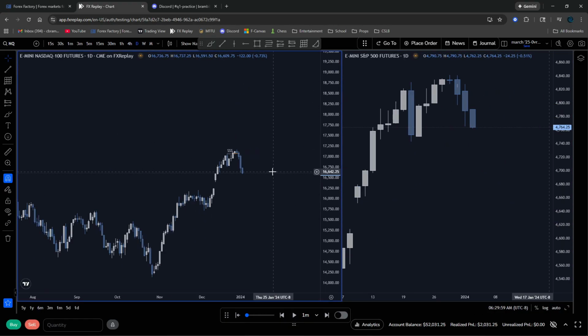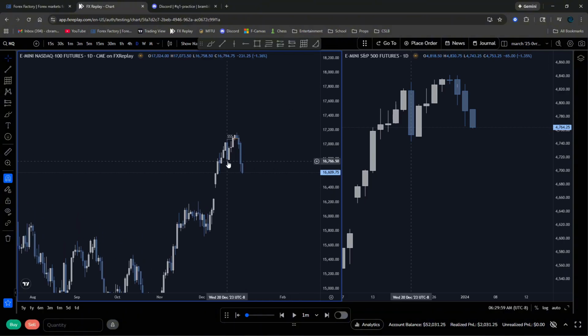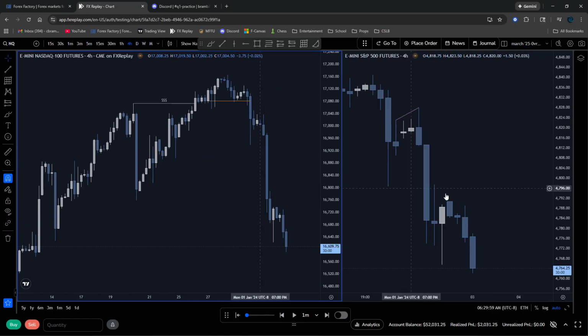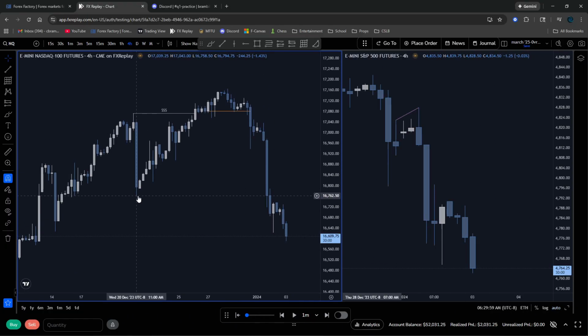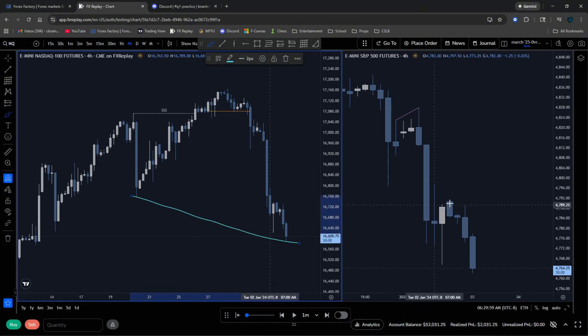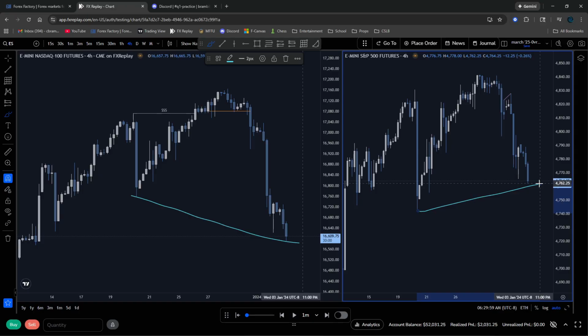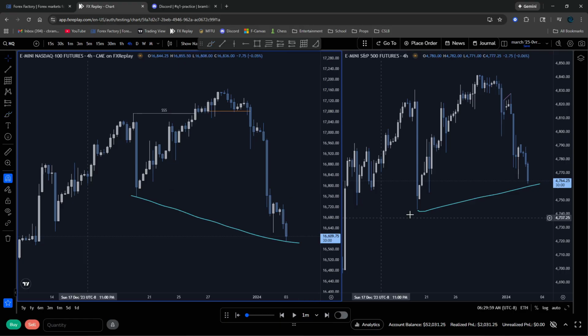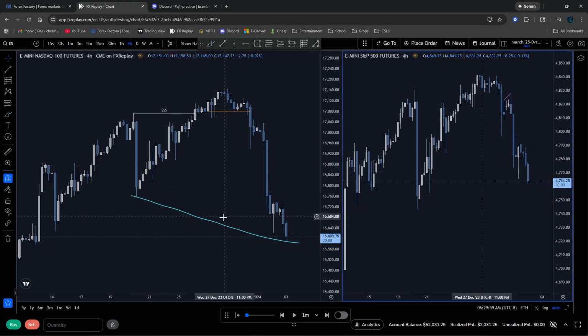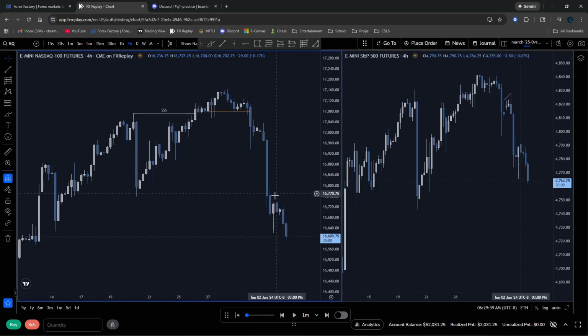Excuse me. So a pretty fat SMT here, but again, I don't really care too much about SMT. At least not initially. If I'm to consider SMT, it needs to warrant a reaction, right? Just because there's this SMT, this price difference in structure, I'm not going to automatically assume that this is just going to launch to the moon, right? I need to see that confirmation happen first before I start assuming negligently.